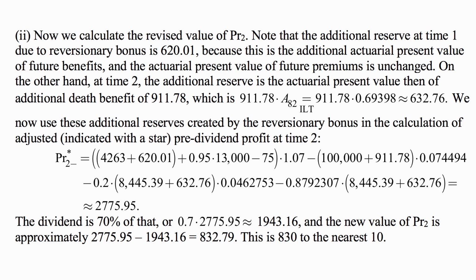indicated with a star, pre-dividend profit at time 2, so PR2 minus with a star, is, well, the initial reserve is now 4263 plus 620.01, plus premium after expenses, accumulated at the 7% interest rate earned by the company, minus death benefits for those who die, withdrawal benefits for those who withdraw, minus, for those who survive, the reserve at the end of the year. And this comes out to be